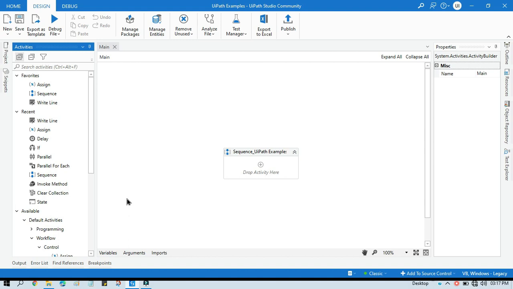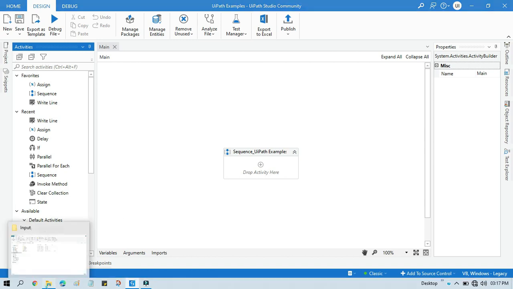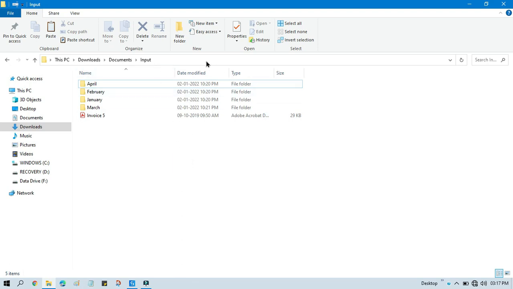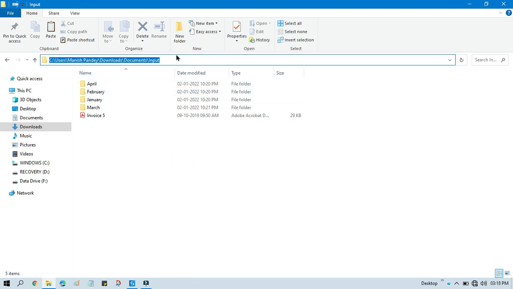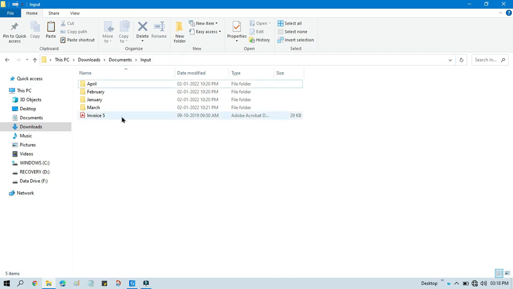Today in this video I am going to show you how to get specific file types from a folder. Maybe you know how to get files from a folder, but today I am going to show you something different. Let's say we have this folder. If you just pass this path, it will just give you the PDF from this one. But if you want to get PDF files from all these subdirectories, subfolders, then how can you do that?